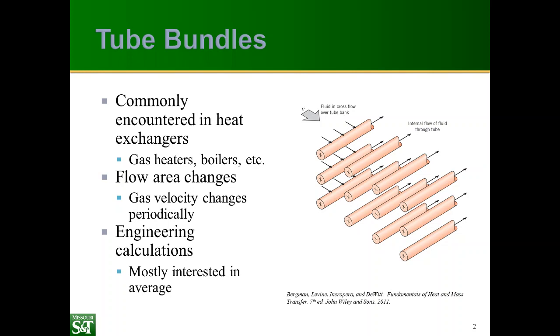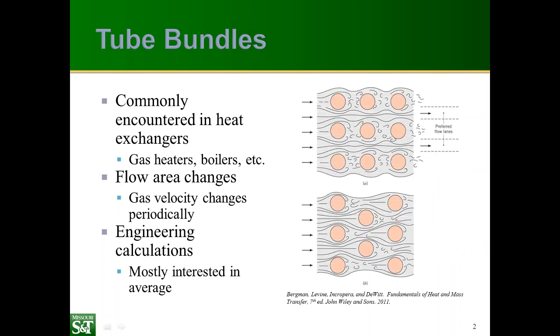The complication here is that the flow area changes as the flow moves across the tube bundle. You have larger flow area in between the tubes. So the gas velocity is going to change with some sort of periodic behavior. Now we quantify